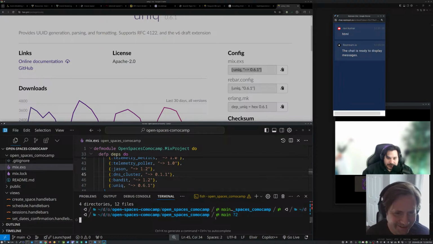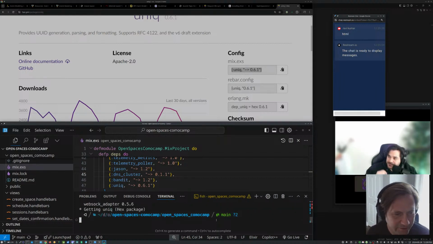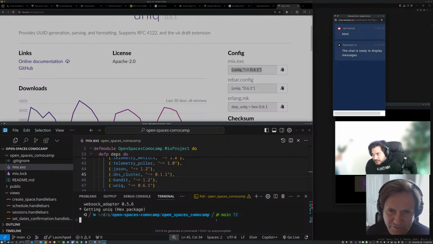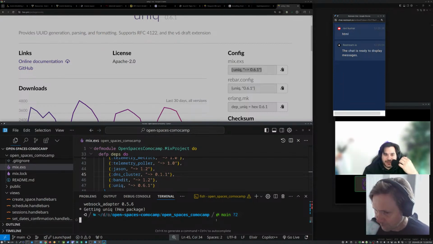Okay. So now I can do mix deps.update. Just like this. That get. Oh, the get. Right, it's not gotten yet. In the meantime, it got it. Okay, sweet. Do I need to do anything else after it's downloaded? It's fine. Yeah, it's already there. It's not compiled, so it will compile eventually. But yeah, it's already there.